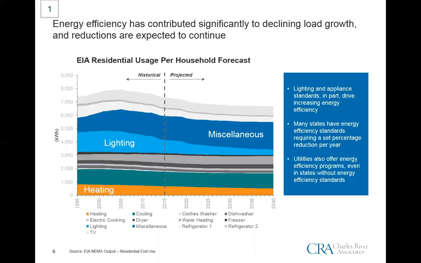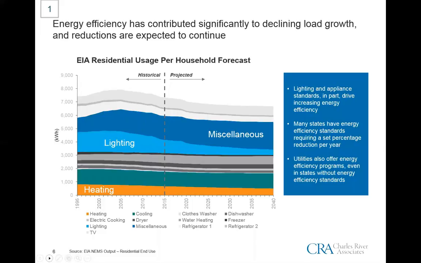Now the big question everyone has that's already experiencing this trend of low load growth is, where is the inflection point back the other way, where miscellaneous load overwhelms lighting load? And we'll talk a little bit about that later, especially if you have some questions. But we're also seeing reductions in the HVAC area as well, which are driving efficiencies.